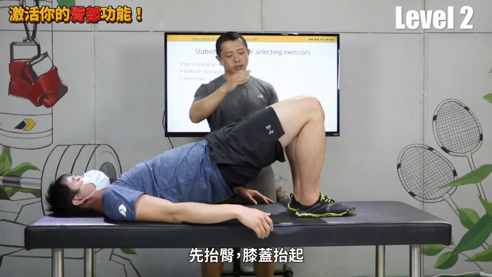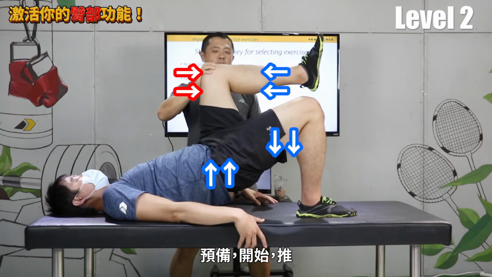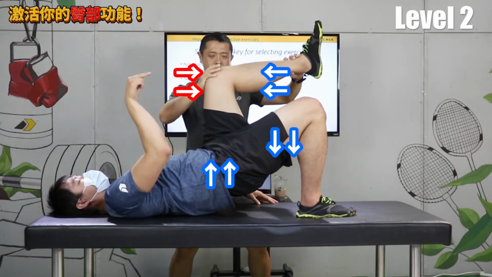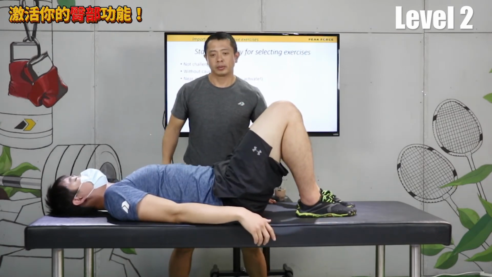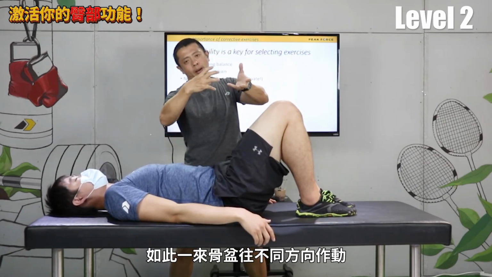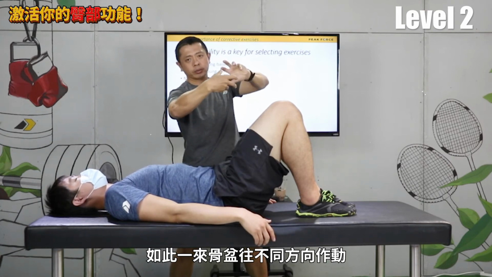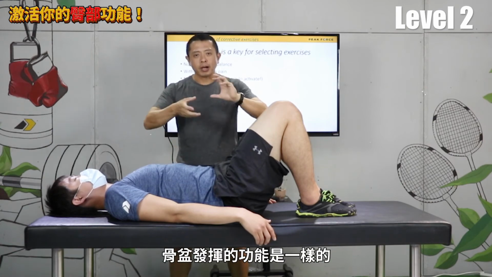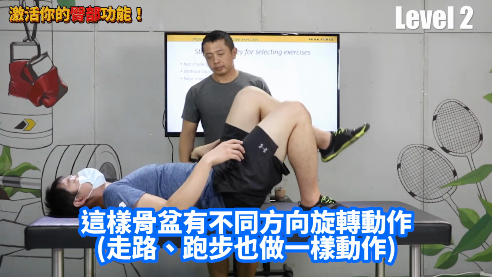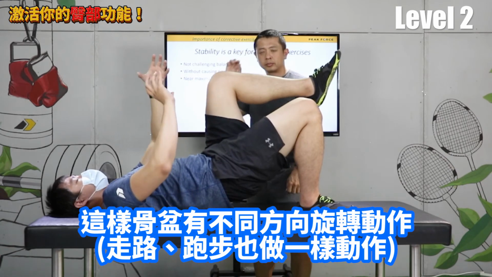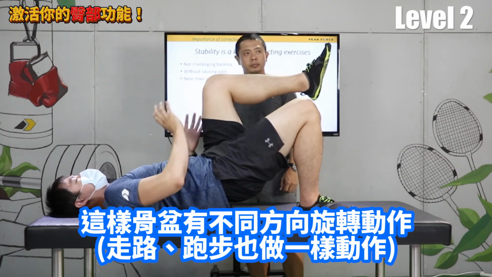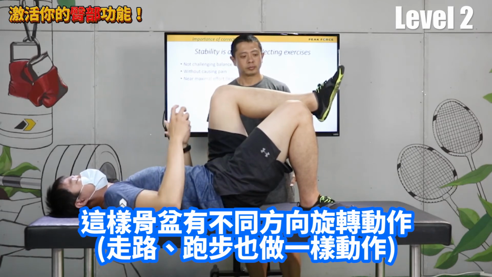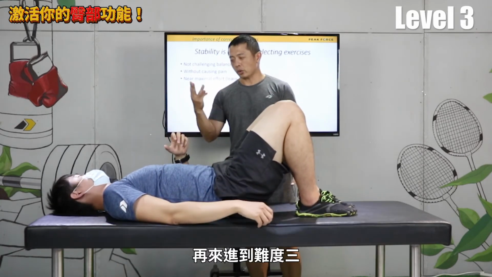Okay, so let's do one more time. So hip raise first, and then knee up. Ready, go, push, 1, 2. 所以这时候呢，我的脚是往这个方向推，教练的手是往这个方向推。 Good. Okay, so that way you have the pelvis going different directions. That means that when you're walking, when you're running, it actually functions the same way. 好，所以刚刚做这个动作的时候，它是两个不同方向，你的骨盆呢是做一个不同方向的旋转动作，就像你在走路的时候呢，骨盆也是在做不同方向的旋转动作，这样。